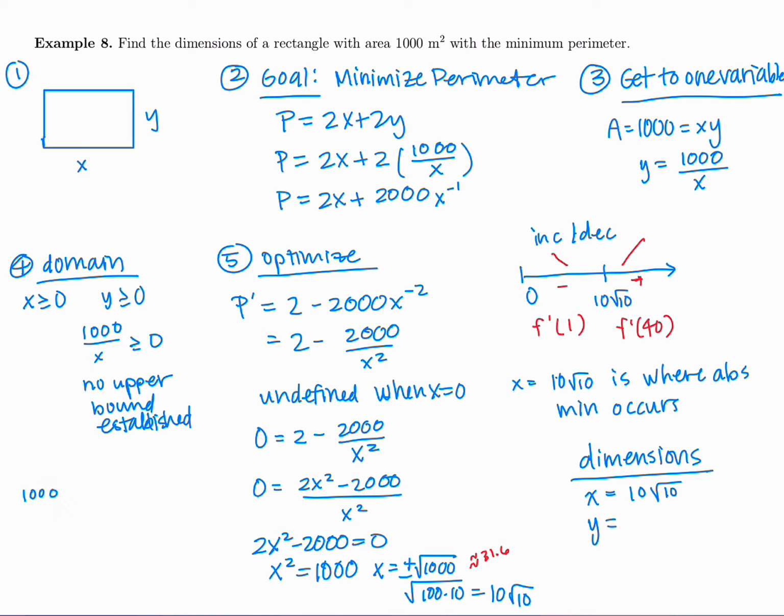1,000 divided by the 10 square root of 10, so that takes off, that is 100 divided by the square root of 10, and maybe if we clean this up a little bit, if we don't like that,